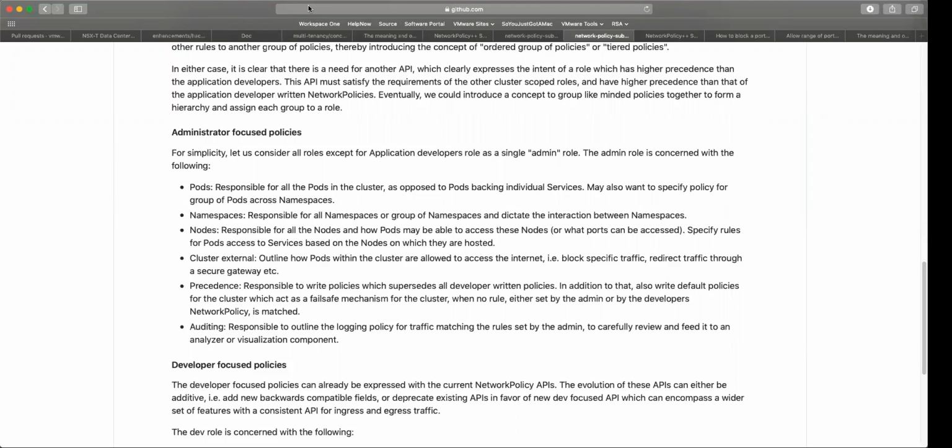So yeah, I don't know whether this will solve all of this, but how about instead of ingress and egress as top level spec fields, something like a whitelist and a blacklist, where the blacklist has higher precedence, because this is where the admin wants to deny for sure and needs to be enforced before any of the developer policies are executed.